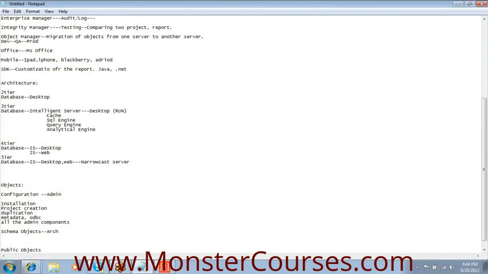Now, what happens in schema objects? Warehouse catalog. This particular thing will be used to pull the views or whatever you call tables from the database to the MSTR environment. Okay. Now, you will have tables. Basically, everyone knows about it. You will have dimensions or lookups, as you call them, or fact tables.